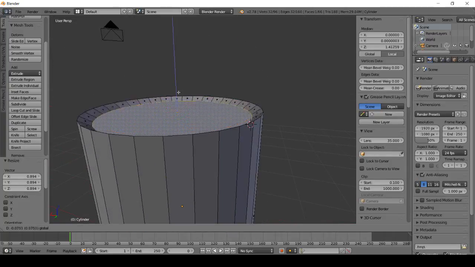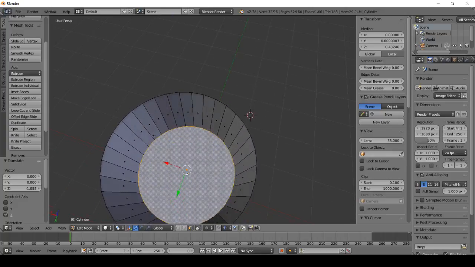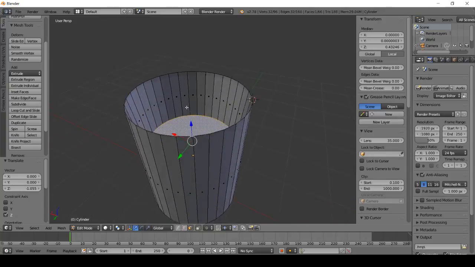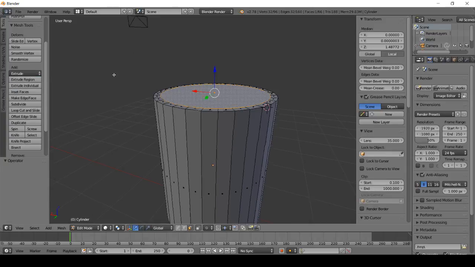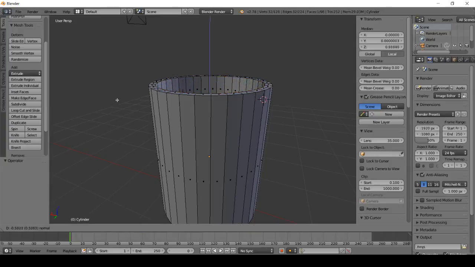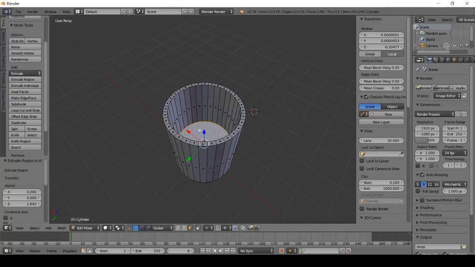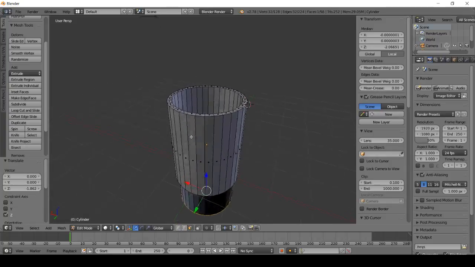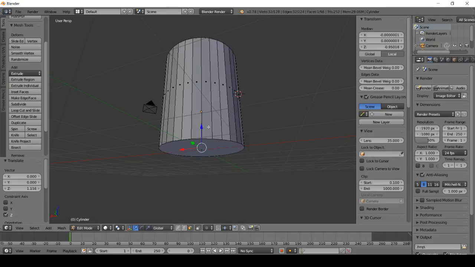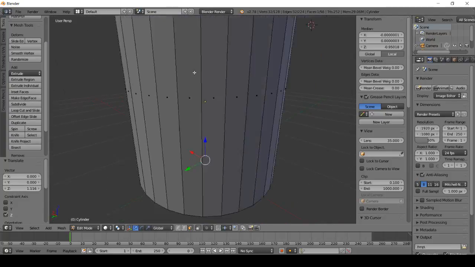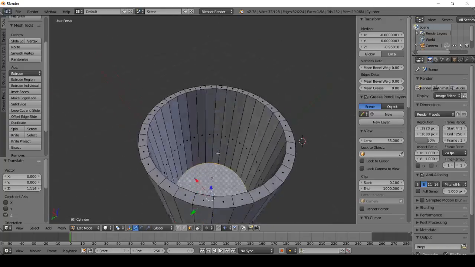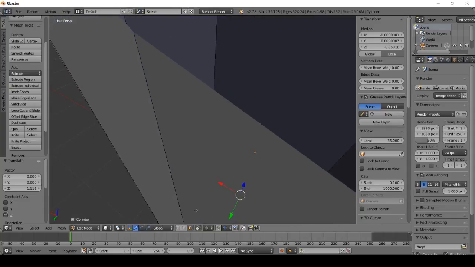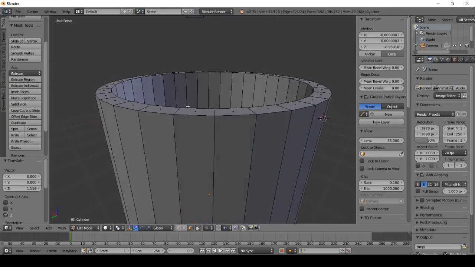Now if you move it, you will see that it's not doing a clean edit. So what you're going to do is extrude. If you want to extrude with a hotkey, you can press Alt and X and pretty much drag your mouse down to the desired location. You can keep editing. If you go too much, it will go through. You don't want to go through, you just want it right there. So pretty much there's an object and you're going to